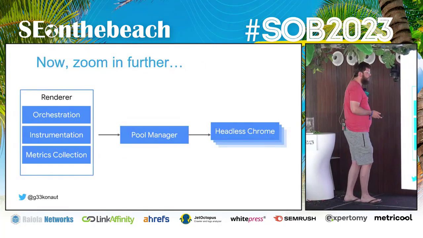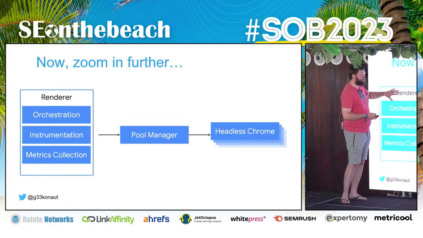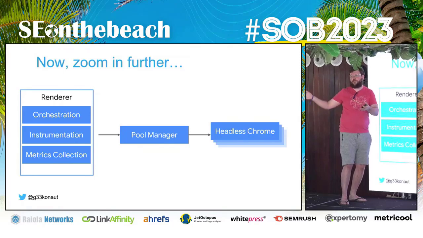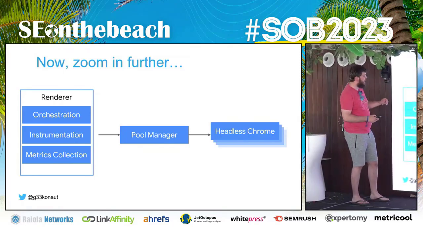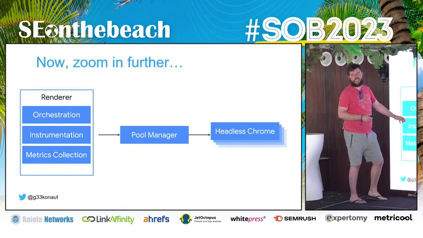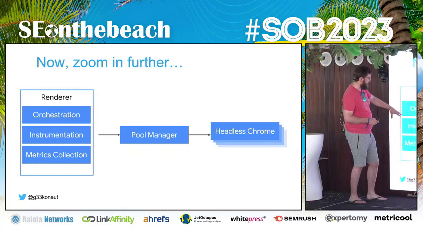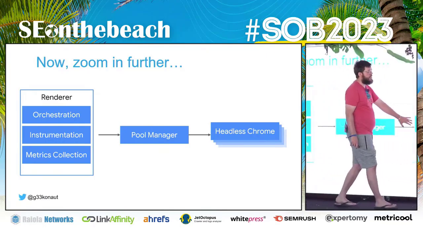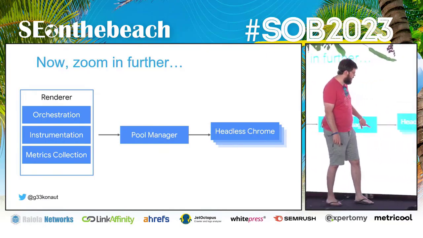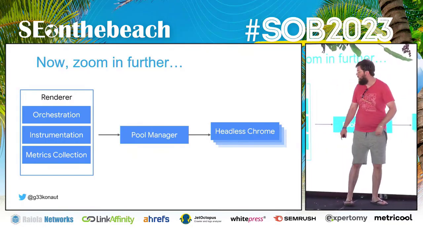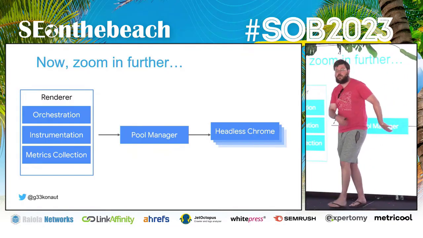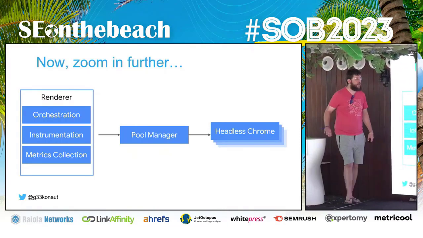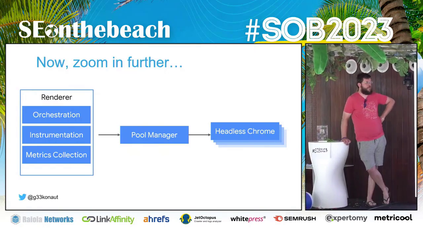Inside this wonderful web rendering service core are instances of the renderer. The renderer has a bunch of orchestration, which basically means let's run a bunch of different browsers on server infrastructure. It instruments them so that we can actually get data out of these little beasts, and then it collects a bunch of metrics. It has a pool manager that has a bunch of headless Chromes, and if one of these dies, the pool manager goes, oh, interesting, starts a new one, kills the old one, and fetches the job again, so we make sure that all the jobs are actually getting done. And these components play together to actually render stuff in Google Search.